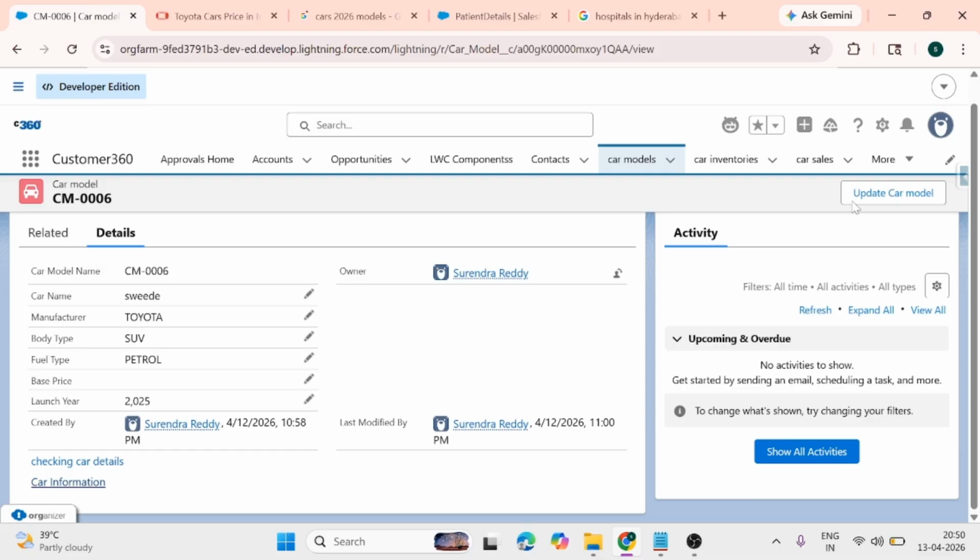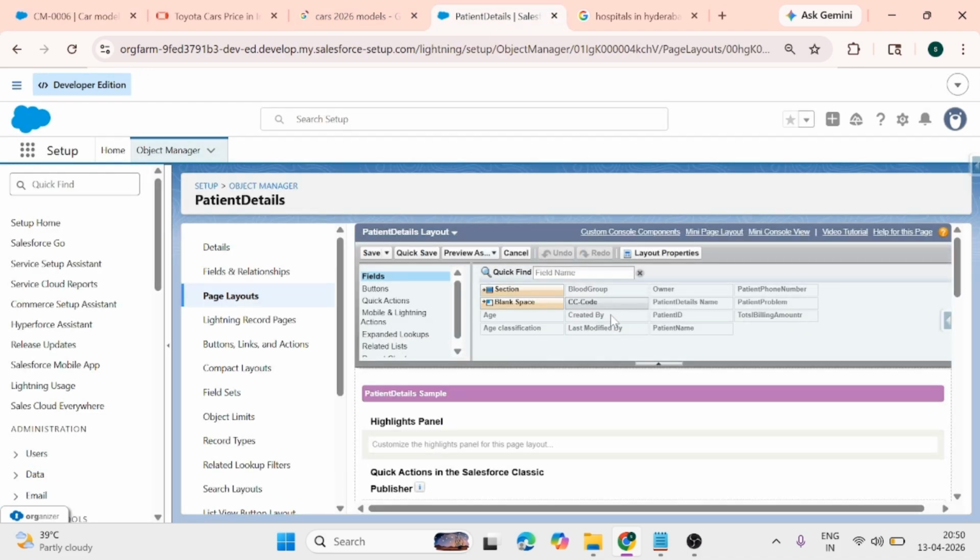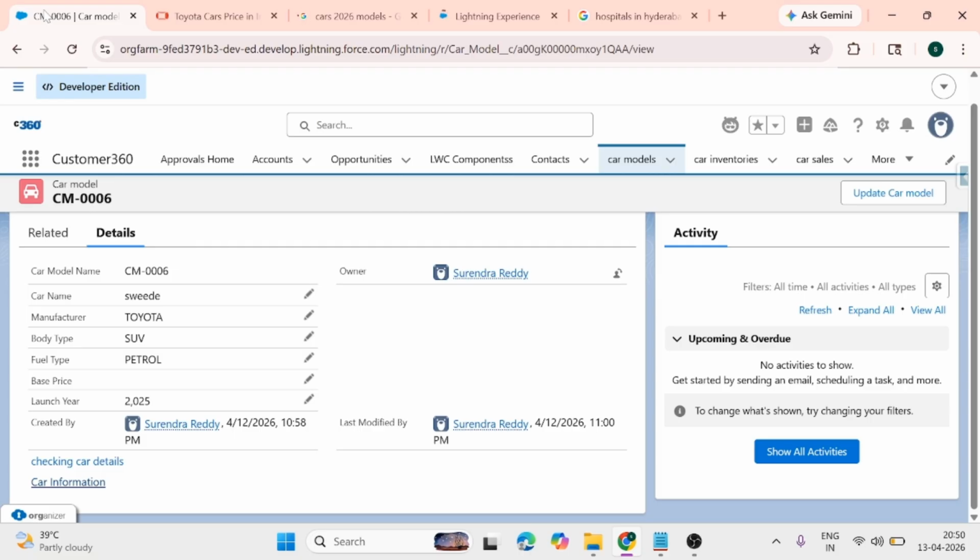Okay, actually that should work. Due to some network issues it is not showing. Okay, yeah, this is the process. So we can create the global action. Not only for creating the record and checking, you can also do it in the quick actions. You can create, update, and also you can use the flow and LWC as well. Now I will show the last one, that is nothing but global actions. How can we create? Okay, so yeah,